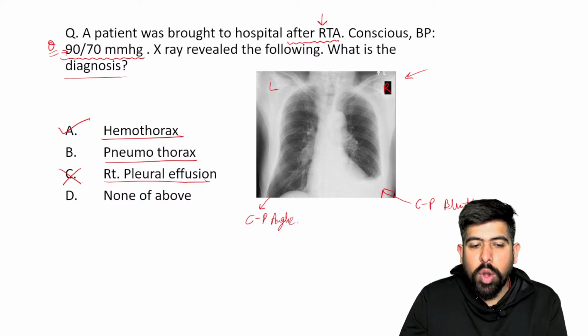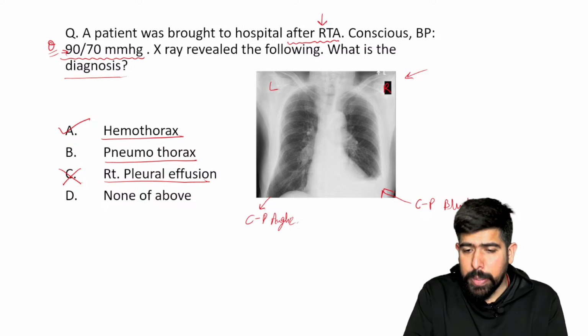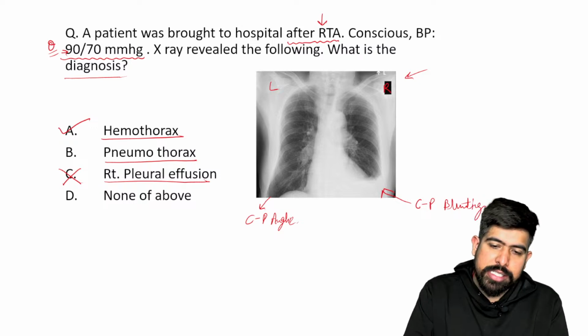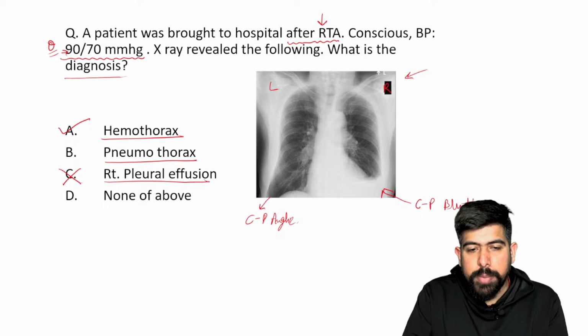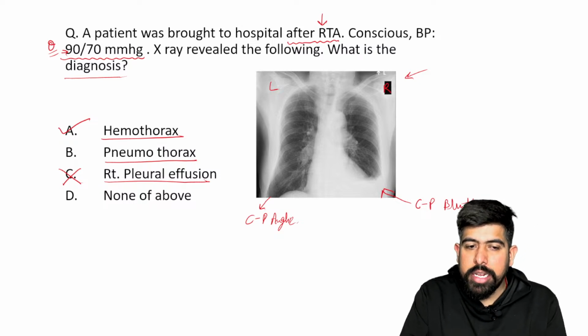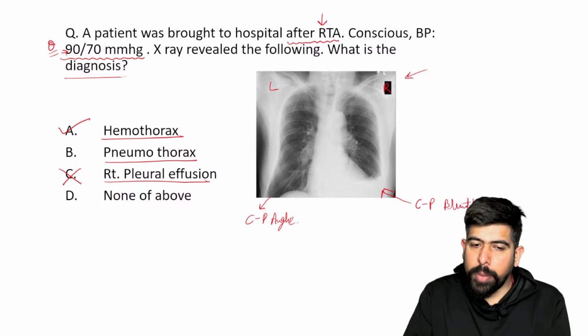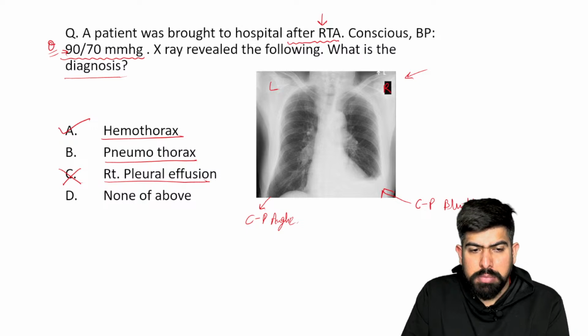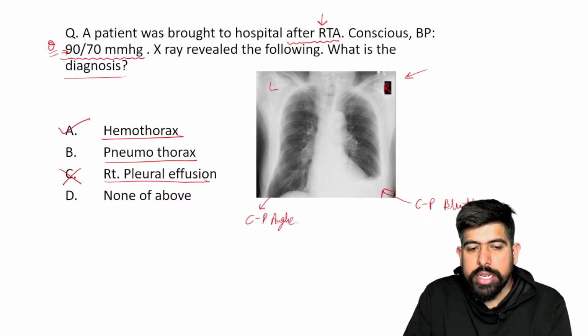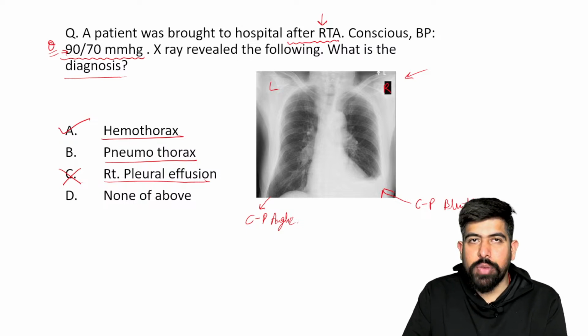Yes, internal hemorrhage. What will be the clinical sign of internal hemorrhage? Of course it will decrease your blood pressure. Yes, in internal bleeding, what will we see? The clinical sign will be a decrease in your blood pressure. So is it clearly seen to you that this is a case of hemothorax?